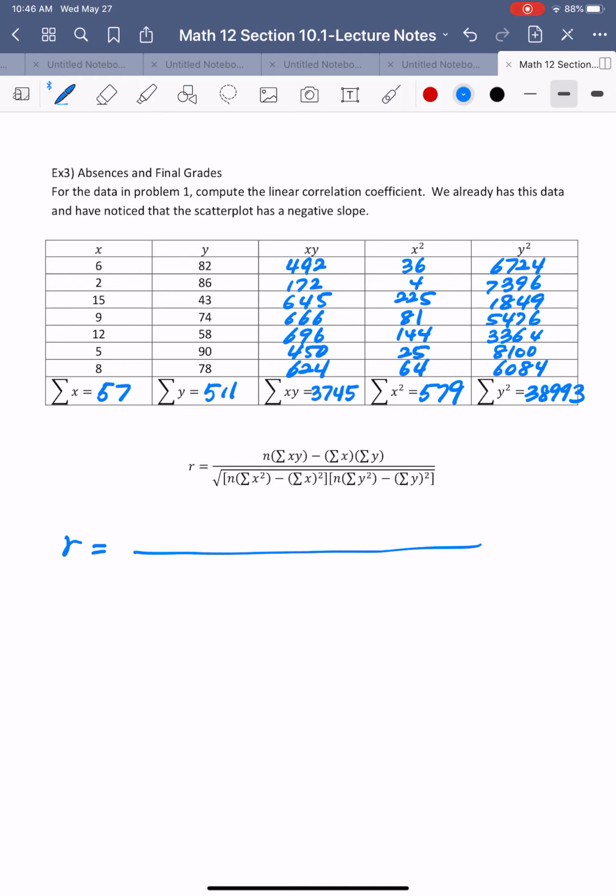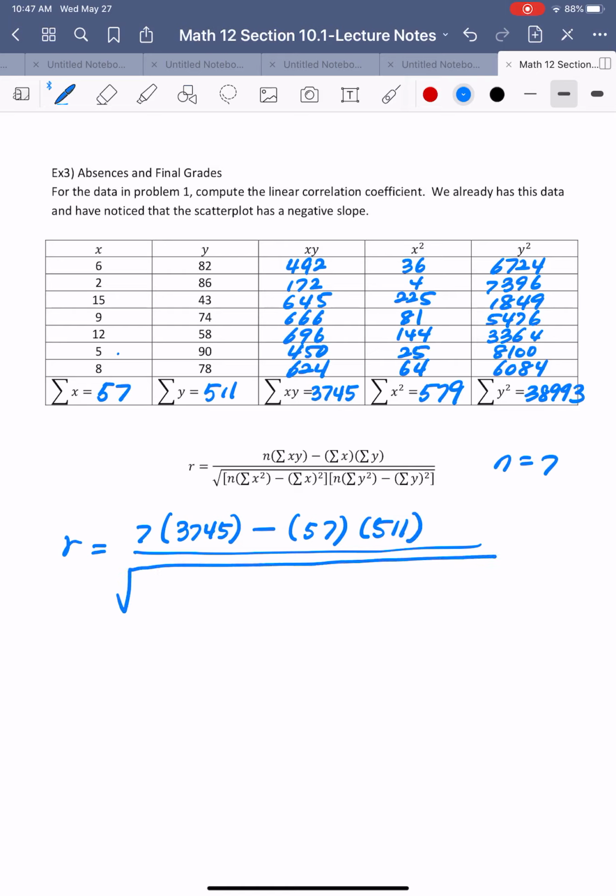So n is, you got how many pairs? 1, 2, 3, 4, 5, 6, 7 pairs. So n is 7. So n times the sigma of x and y, which is the same as this one, right? So I put the 3,745, subtract, and then we multiply the sigma of x and sigma of y together. So sigma x is 57. Sigma of y is 511, okay? So you multiply 57 times 511, under the root, and then the bracket of 7 of, and then you need to